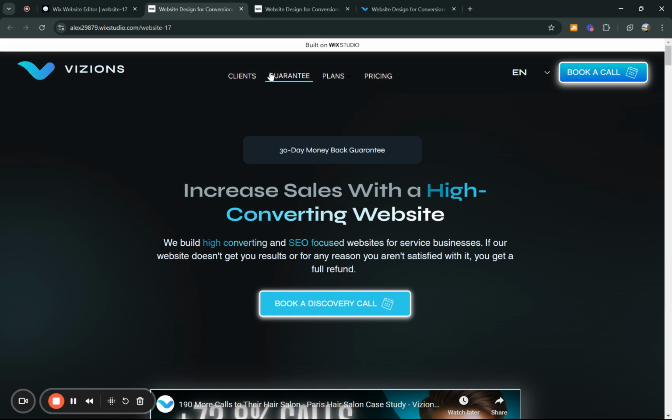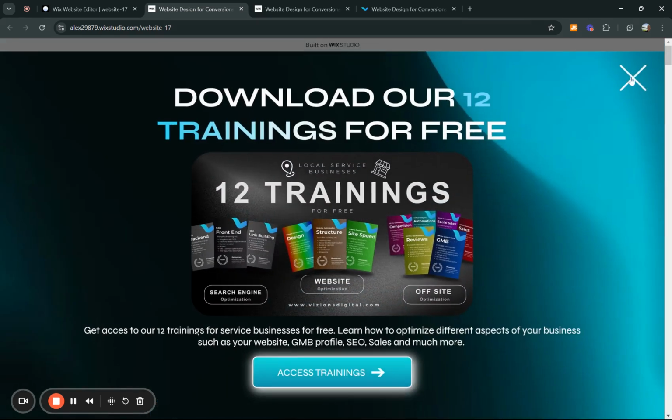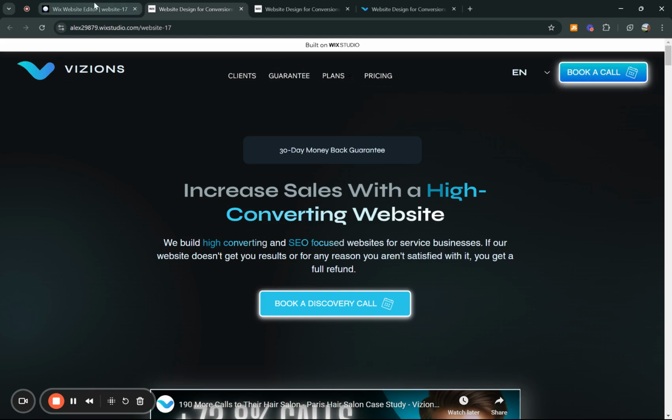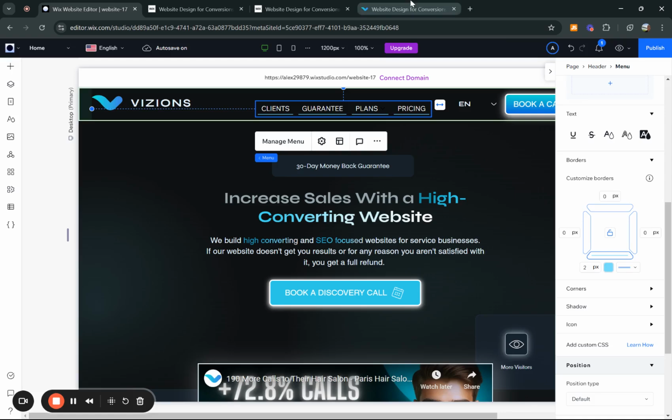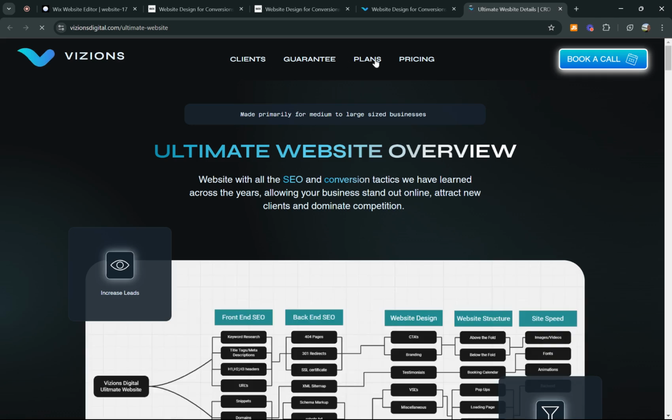Now, in our case, we have a little drop-down menu. So if you want to add that information to the drop-down menu, you want to do the same thing, which you would want to do, because I'll show you the example here. So we have plans, then we have ultimate website, basic website, and so on. And you would have also, let's say if you press on ultimate website, and then you go back to plans,